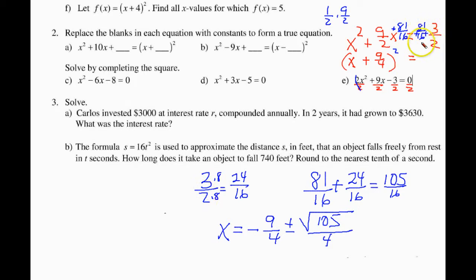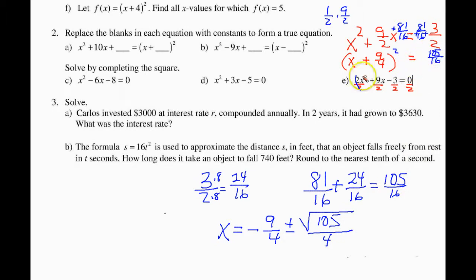I'm adding 81/16 to it. Well, I have to take my 3/2 and convert it to a fraction with a like denominator. So I multiply the 2 by 8 and the 3 by 8, and I get 24/16, which is 3/2. I can now add it. I get 105/16, which is what I have right over here,